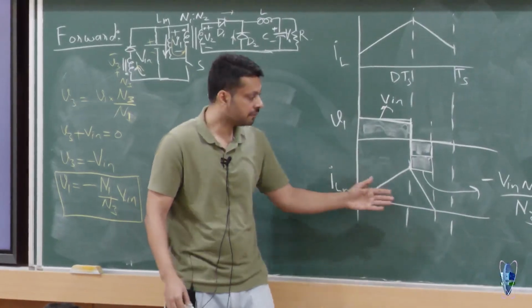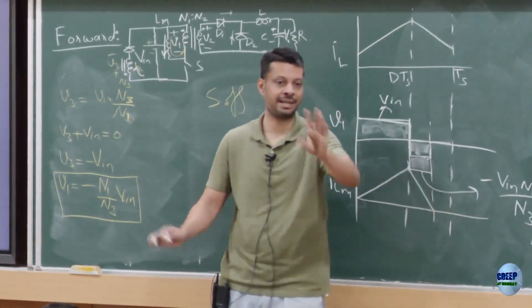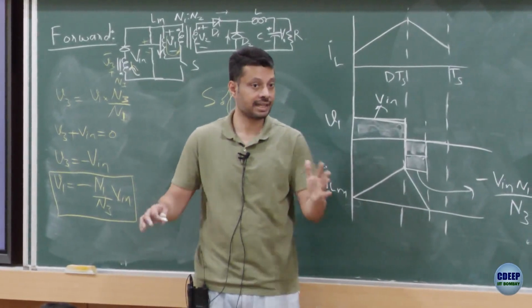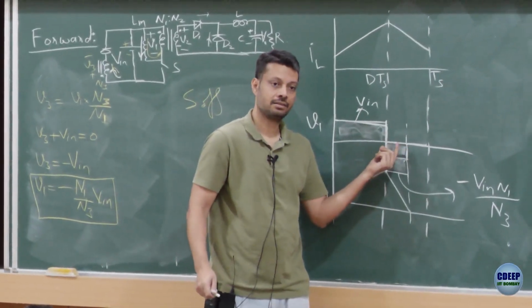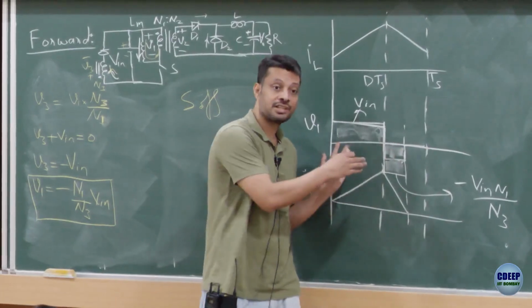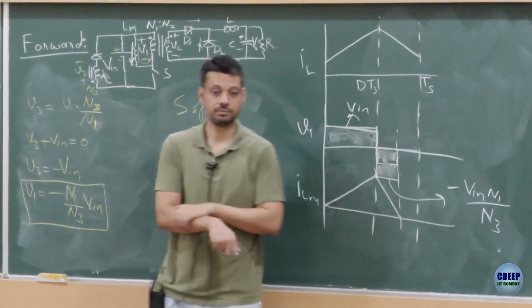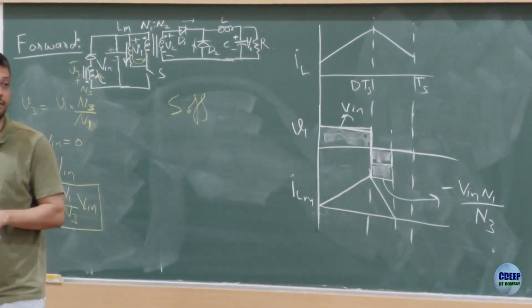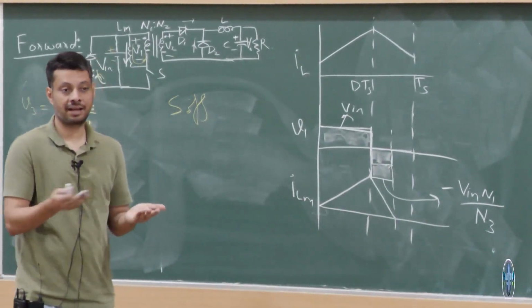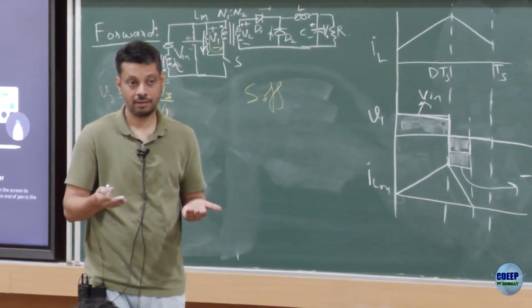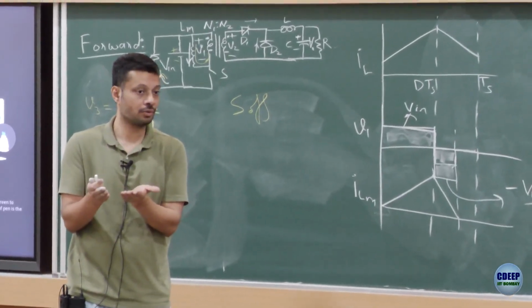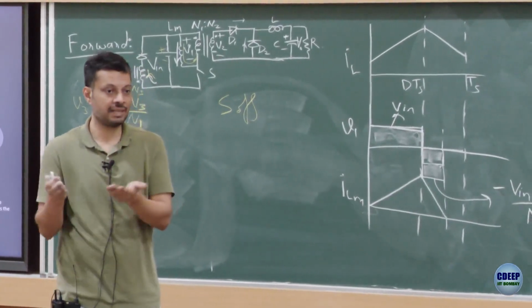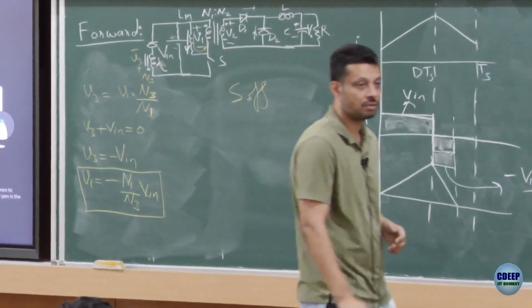Is that okay? So even if you choose N3, let's say you have taken N3 equal to 10. If you make it 9, it's not that now DC voltage will start appearing. This duration will adjust so that the average voltage is still equal to 0. Same thing as we were doing in the buck converter, right? If you change the duty cycle or the input voltage, it's not that the average will no longer be equal to 0. The rest of the circuit parameters will adjust to make sure that this is equal to 0.